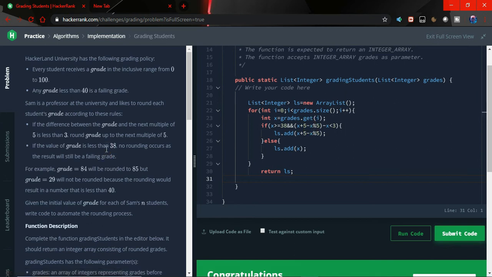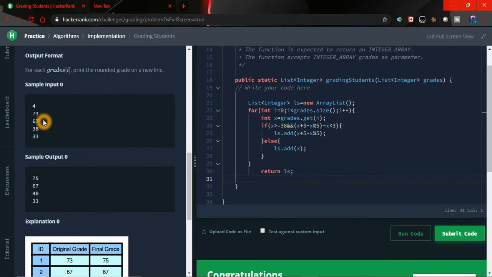Let's first go here. The first grade is 73. If we mod 73 by 5, we get a remainder of 3. Now we subtract the remainder from 5, and we get 2.